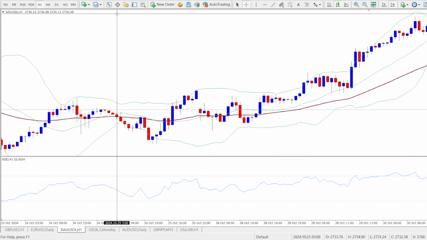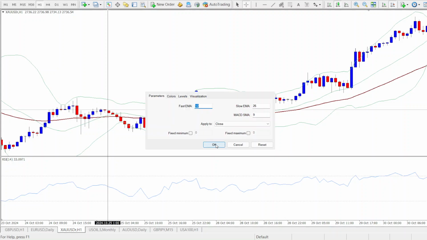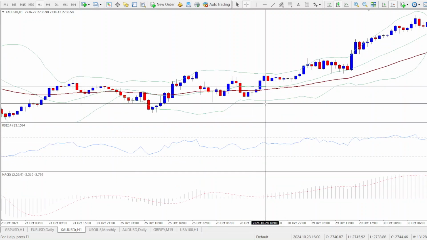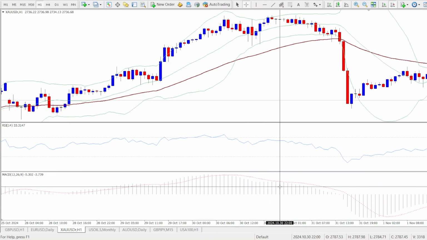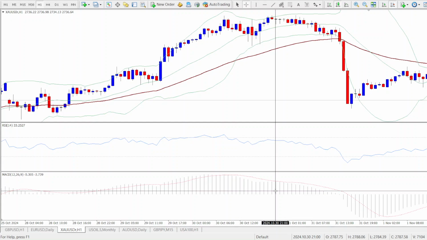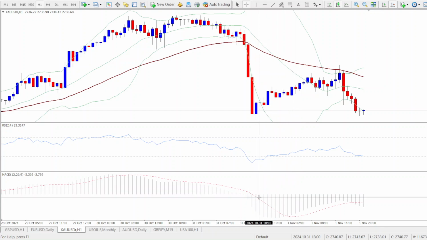Now the fourth indicator we are going to be looking at is the MACD, the moving average convergence divergence. That is the fourth indicator on our list. Now moving on to the MACD. This indicator is fantastic for spotting trend direction. MACD uses two moving averages, a shorter one and a longer one, and a histogram that shows the difference